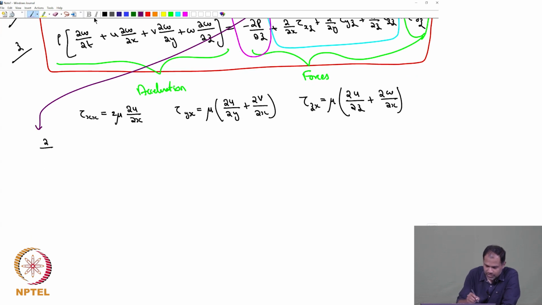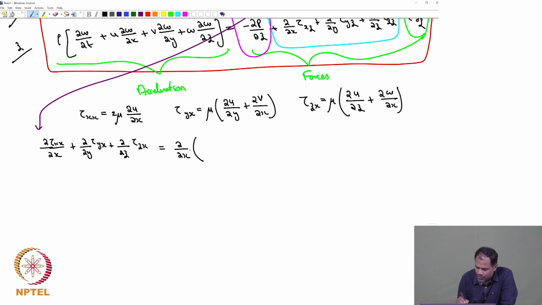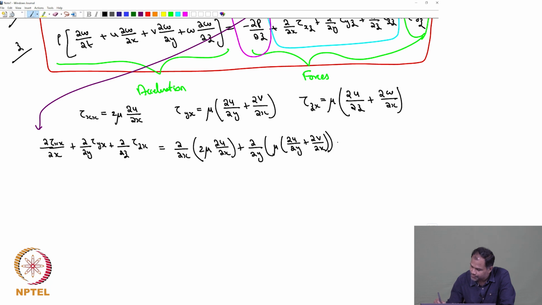Okay, I am going to simplify that. So what I have is ∂τ_xx/∂x + ∂/∂y of τ_yx + ∂/∂z of τ_zx is equal to ∂/∂x of 2μ ∂u/∂x + ∂/∂y of μ(∂u/∂y + ∂v/∂x) + ∂/∂z of μ(∂u/∂z + ∂w/∂x)